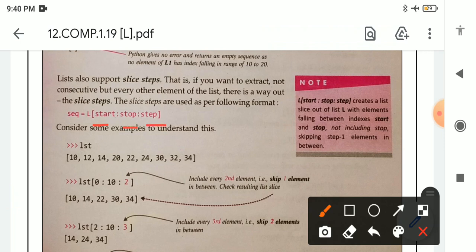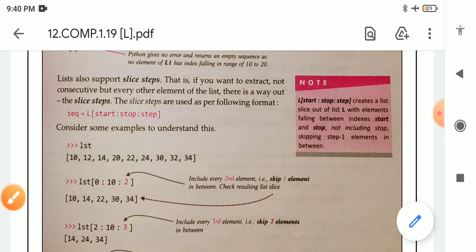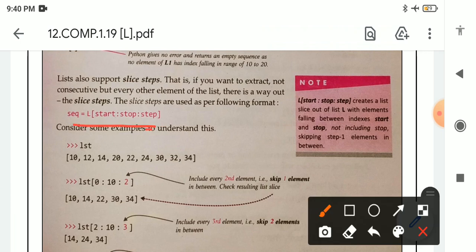Means it is the jump, how much jump you want, means from 1 to third or third to 5. So this is the syntax. Previously we were using start and stop, but here we will use one more, that is known as step.